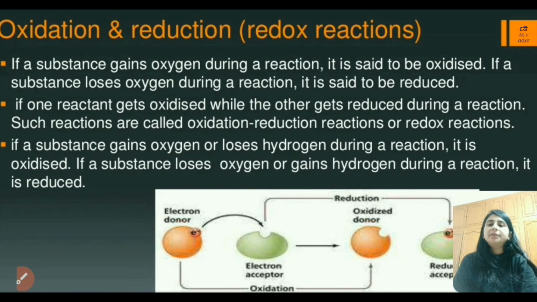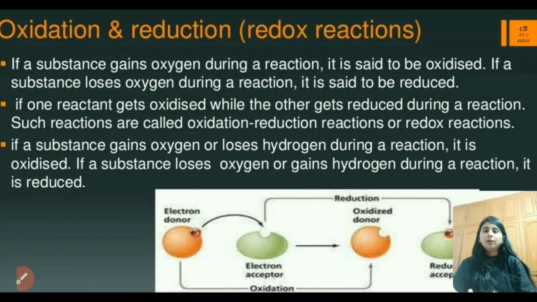So if a substance gains oxygen and loses hydrogen in a reaction, it is oxidized. So students, there is not just one way by which we can define an oxidation reaction. To define an oxidation reaction, there can be multiple ways. It can be defined in terms of gaining oxygen or losing hydrogen. So whenever there is a substance which is gaining oxygen and losing hydrogen, we'll say that an oxidation reaction has